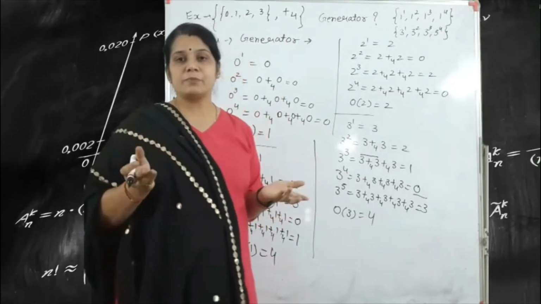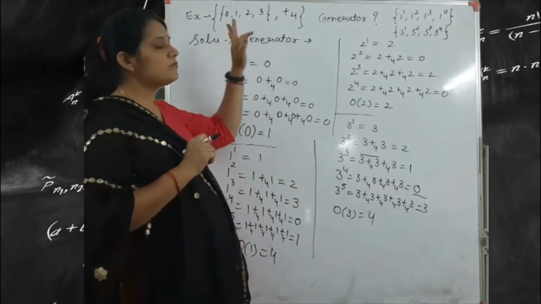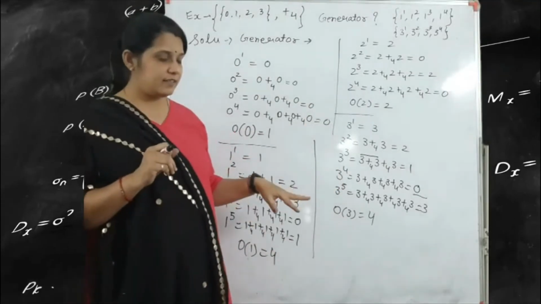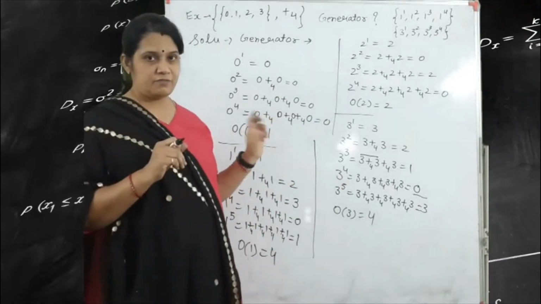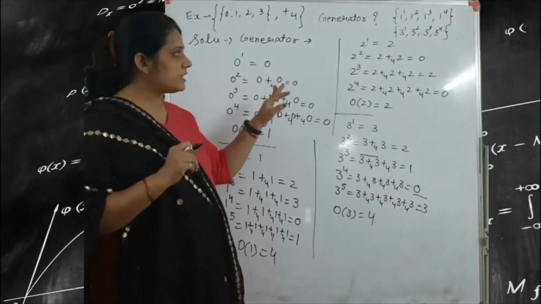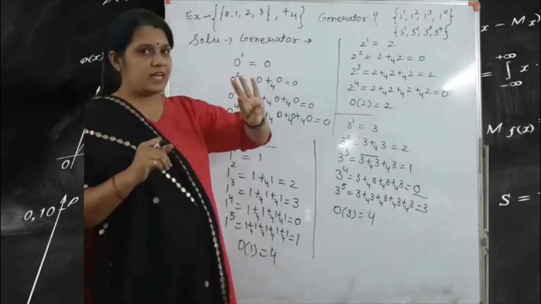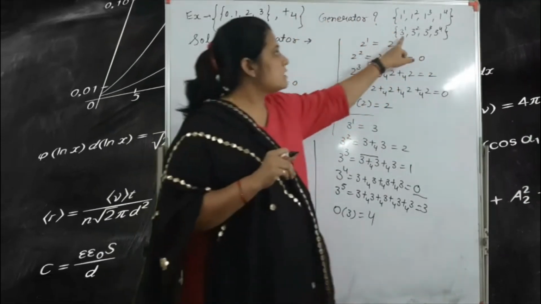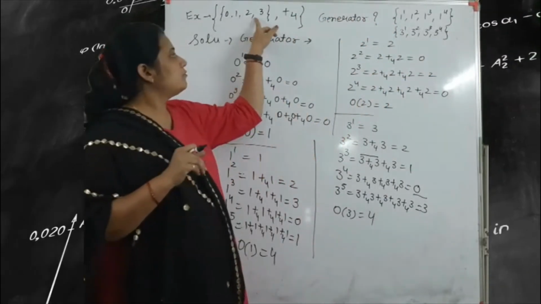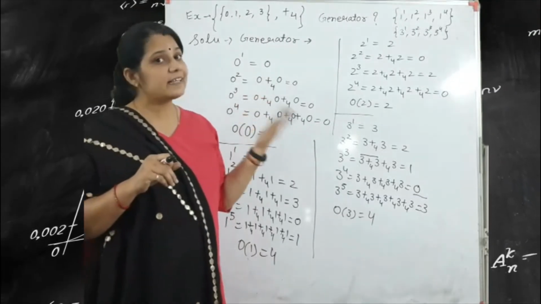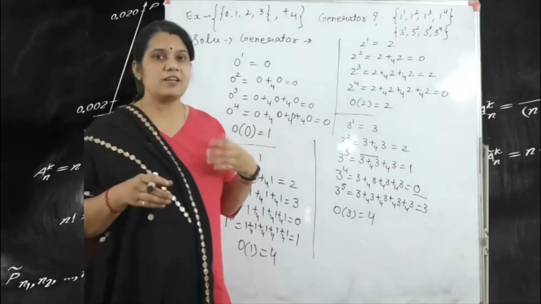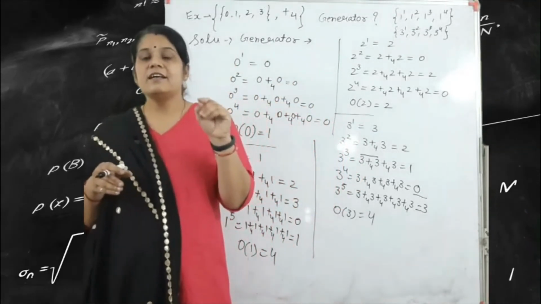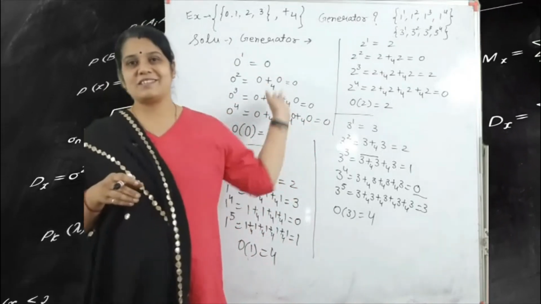So what is the process? The process is that we take the four elements 0, 1, 2 and 3 one by one and check which element is a generator. 1 and 3, when we write them in this form, give all four elements. That means this is a cyclic group, because the definition of a cyclic group is that at least one element present is a generator. So this is a cyclic group.